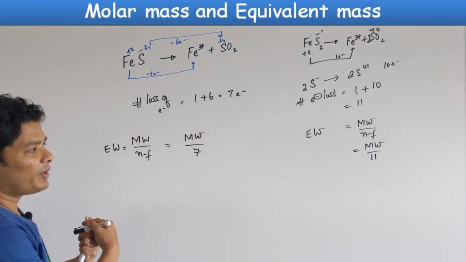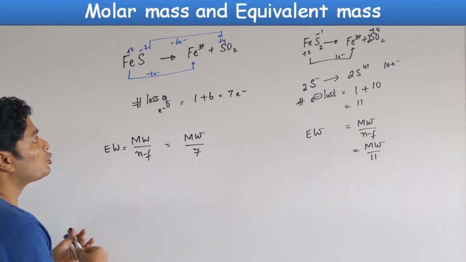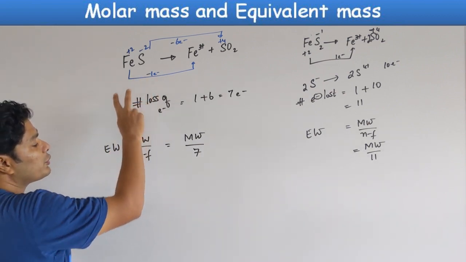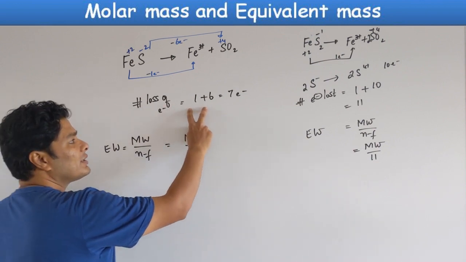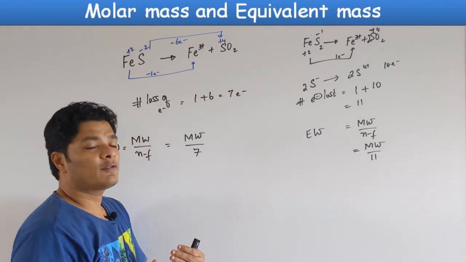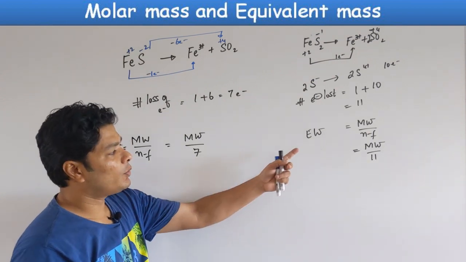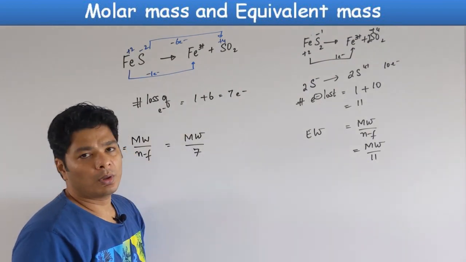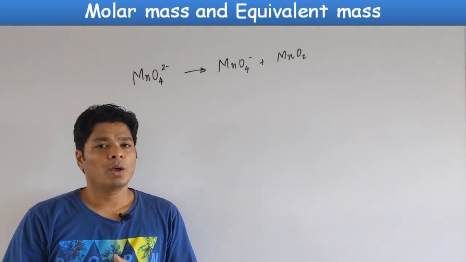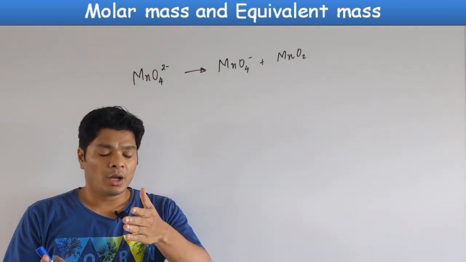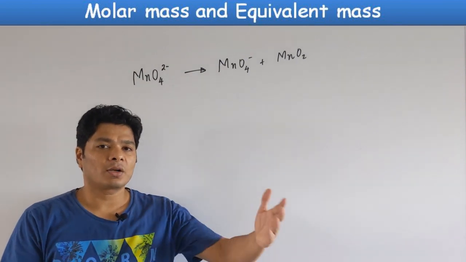So nothing has changed compared to the previous examples, except here 2 species are undergoing oxidation within the same compound, so you just add the n factors together. Both of them are losing electrons, so I would just add them. Similarly, if there is a species where both of them are gaining electrons, your n factor would be adding those gains of electrons.